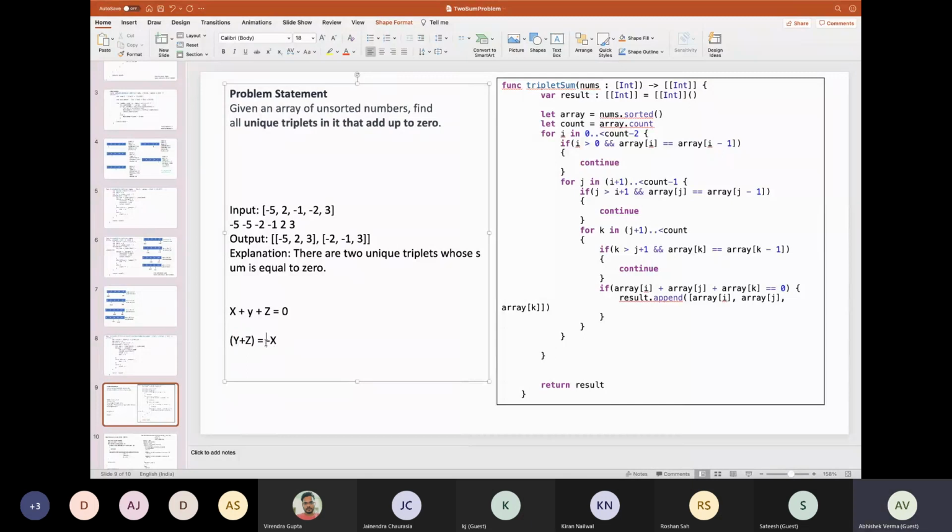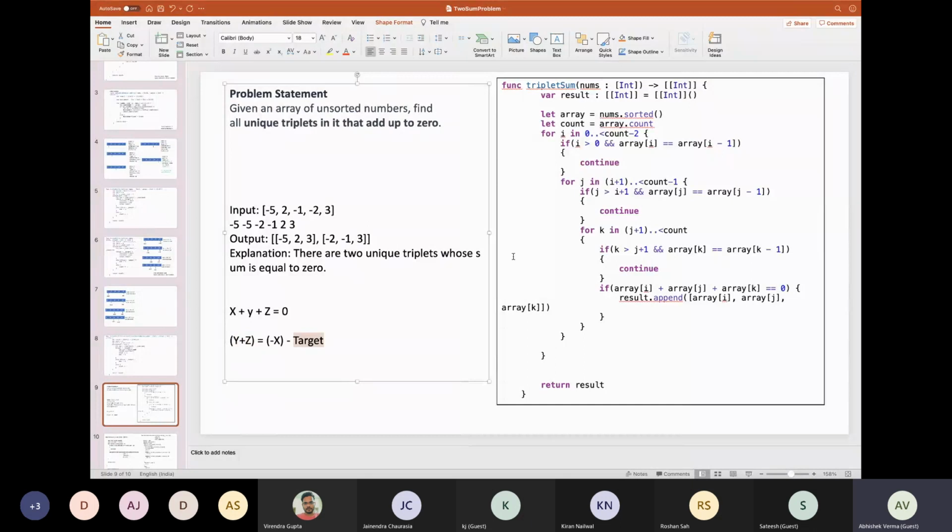So it matches the same problem, where minus x now represents the target, and we have to find 2 elements in the sorted array which match the target.